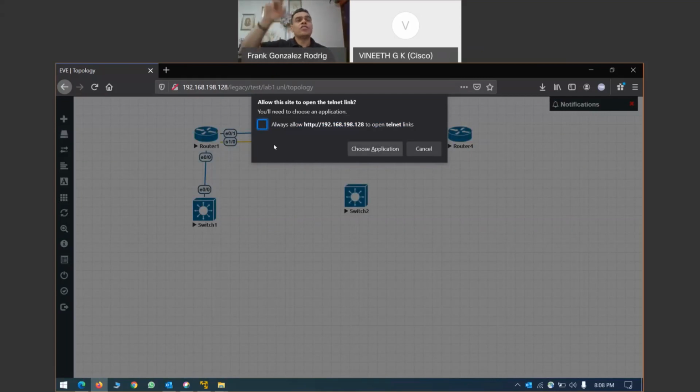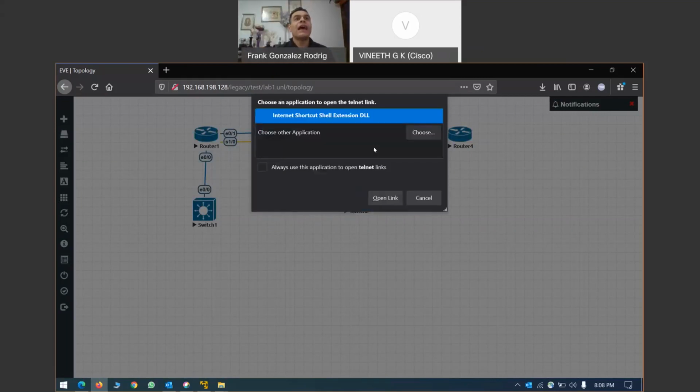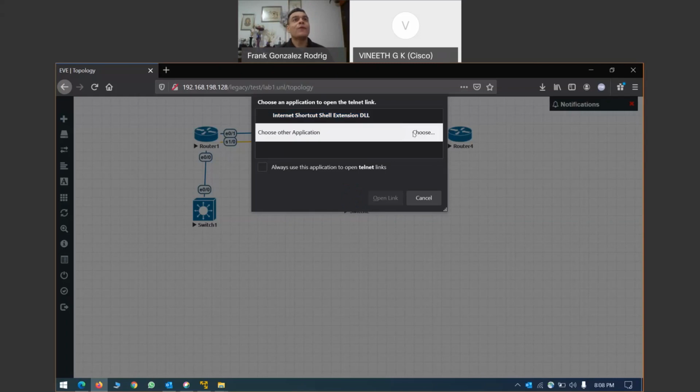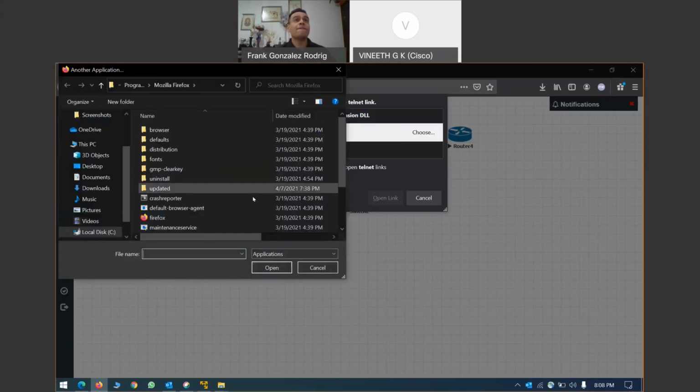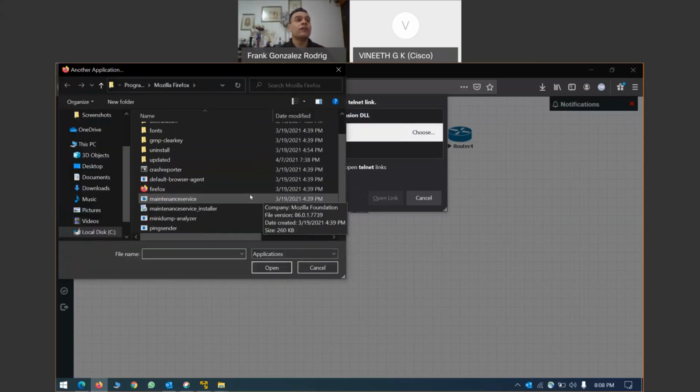It's not necessary to check the box. Just go to choose application. Perfect. And here they say which application you want to use, and select choose. We need to match the application, finding the application folder. The application folder is in your local disk. It's in your disk PC. If you click on this PC,